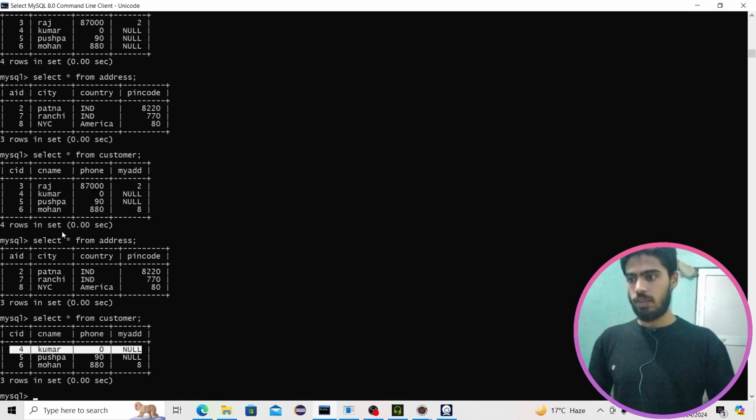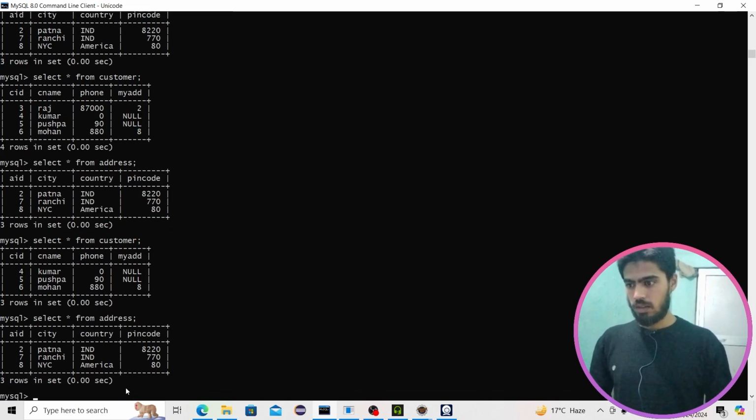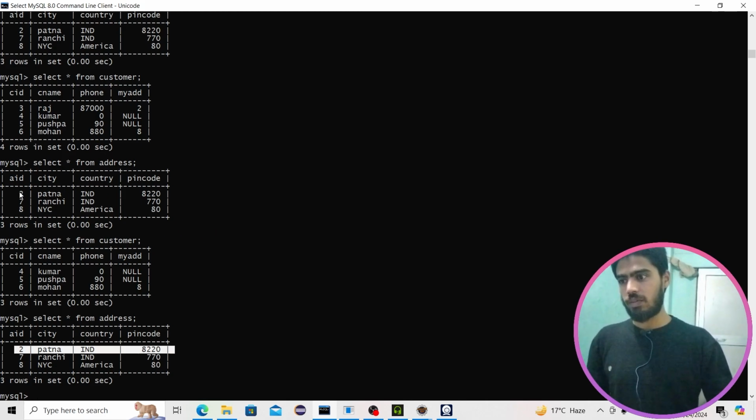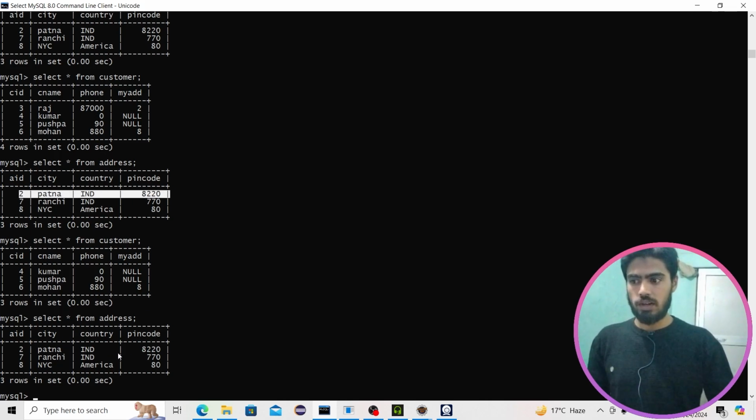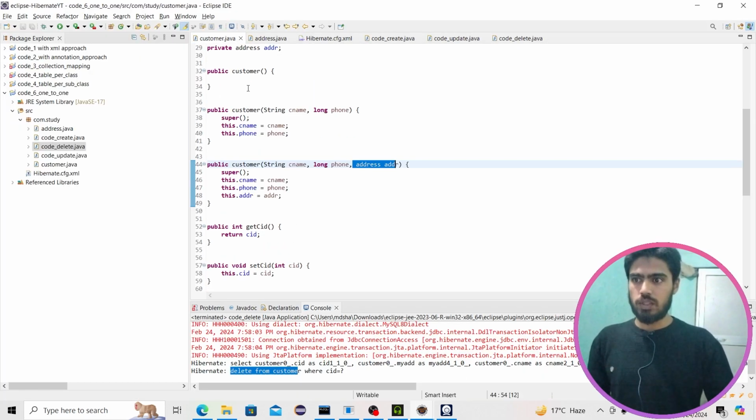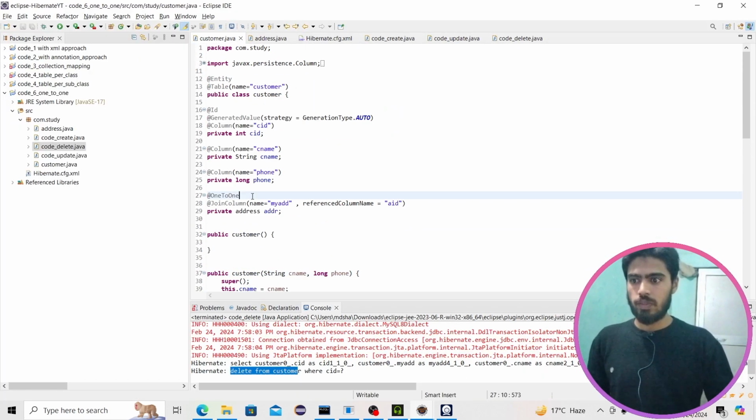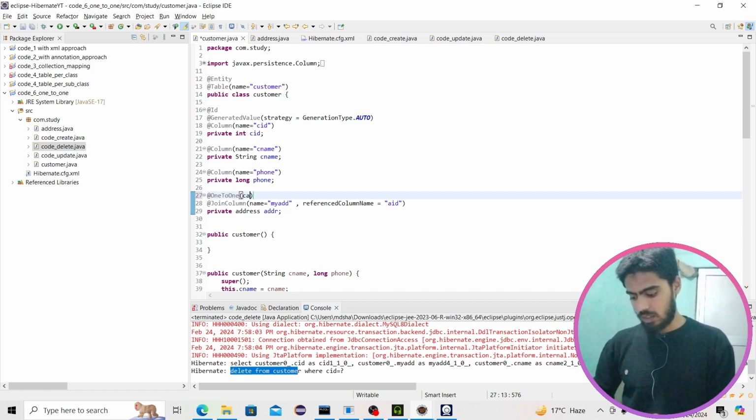So is his address also deleted, which is Patna? Let's see. No, address didn't get deleted. So this is wrong. When customer got deleted, his address must also get deleted. So how to configure this thing? This thing you have to mention at the time of one-to-one mapping. Mentioning one-to-one mapping, right here you have to mention cascade is equal to